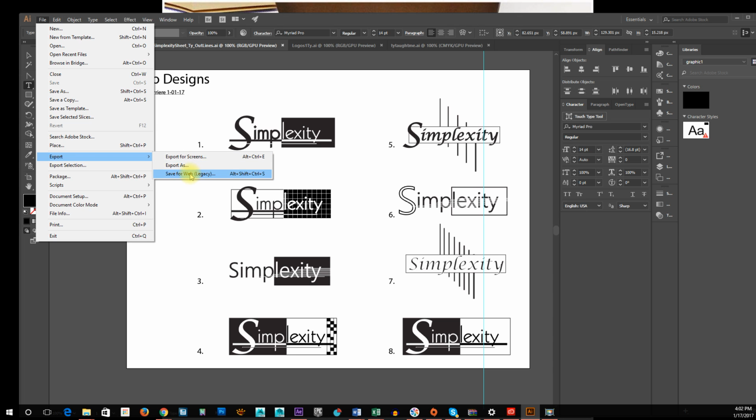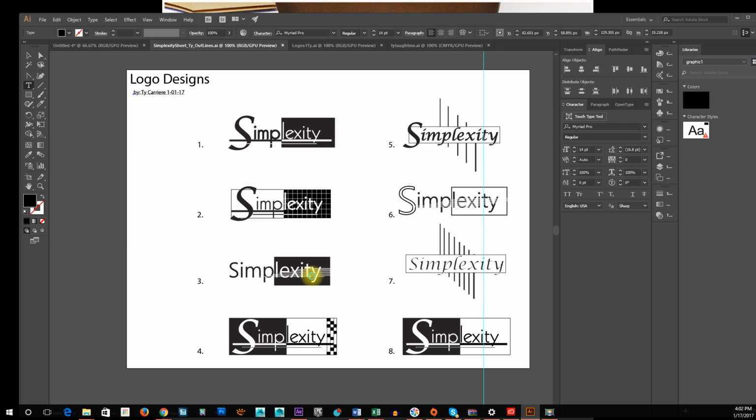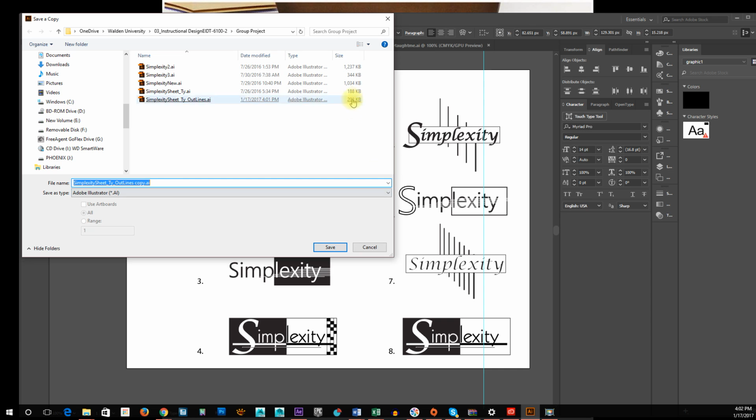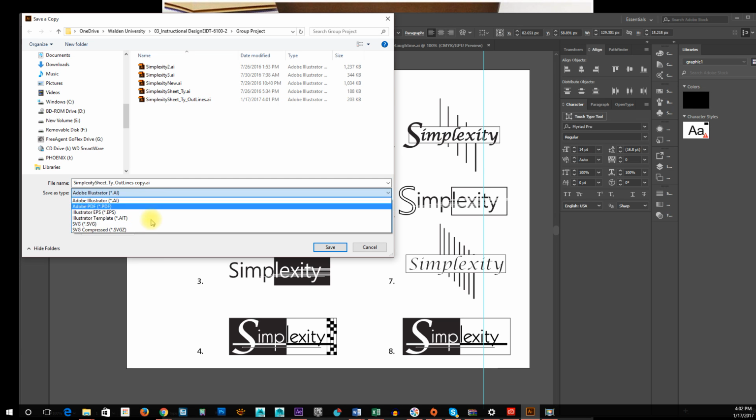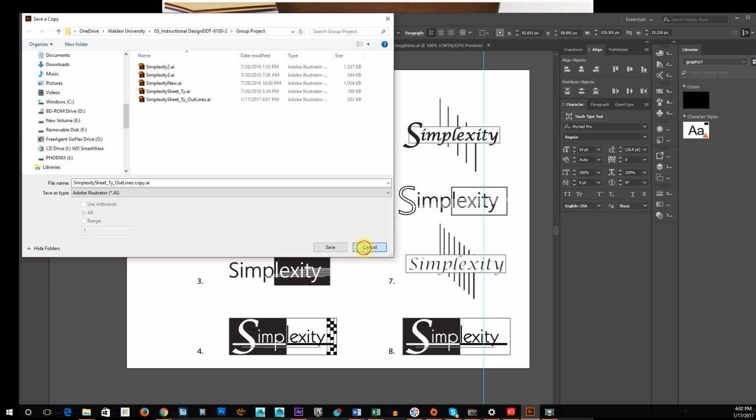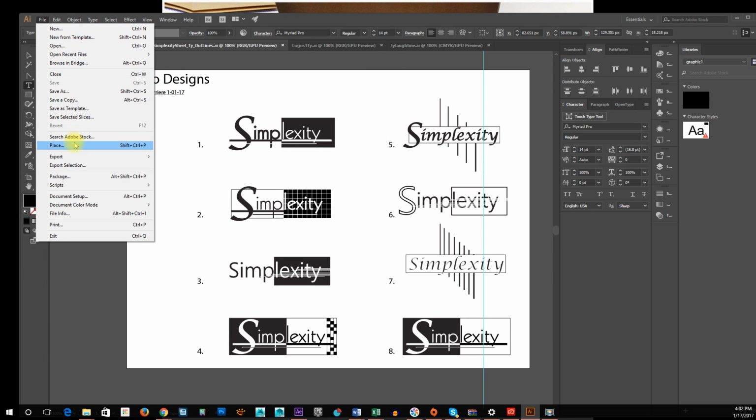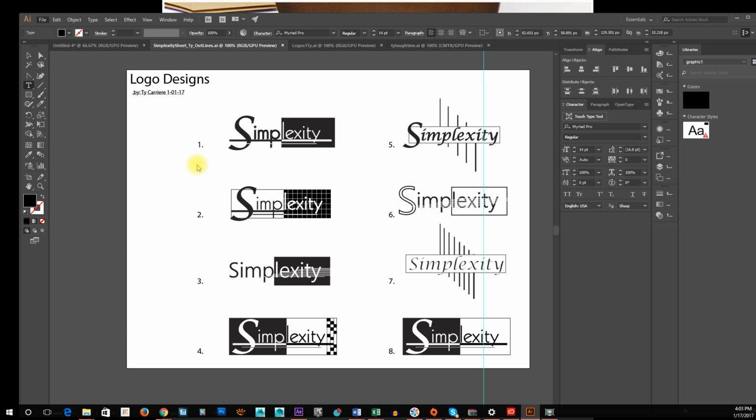So if I do an export, say for web or export for screens, this is where you'd save a copy. And then I'd have to choose, okay, these aren't going to work for a standard web page. So I have to save this out as an actual image so that it'll work on a web page, like a JPEG or a PNG or something like that. So I could do an export as,